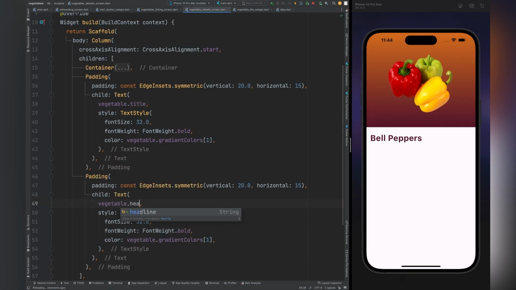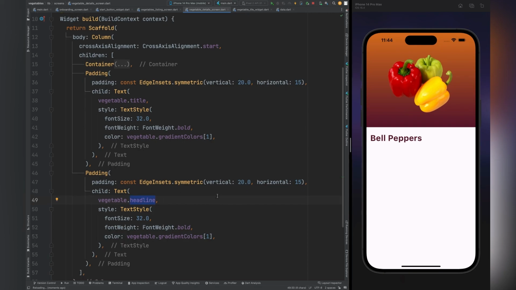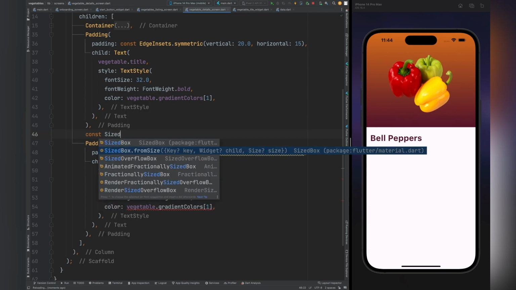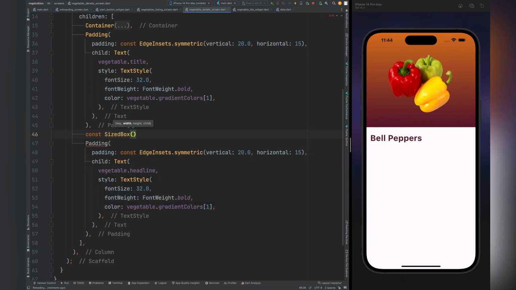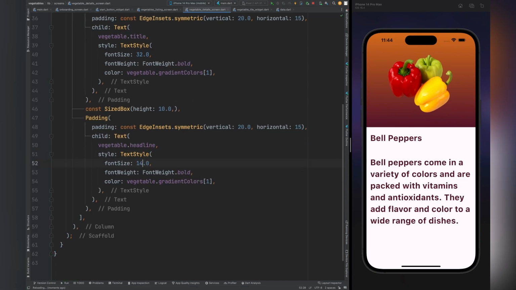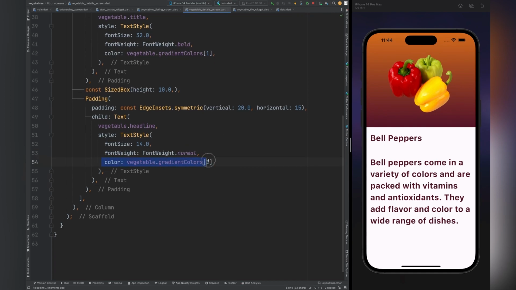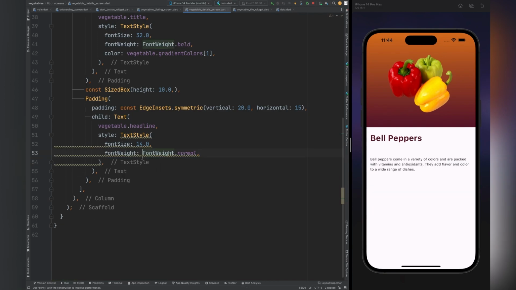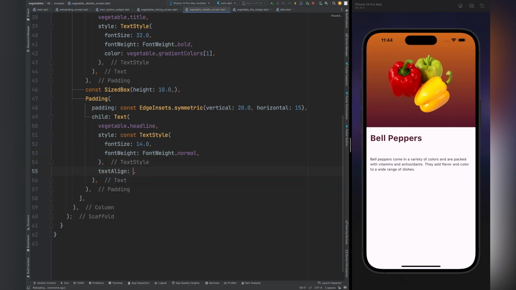So now we are going to define the headline here. For this purpose we have copied the same text above and placed it down below. Let's give some spacing at the top between the title and the headline. For this purpose we will use a SizedBox with a height of 10 pixels. Now if we reload our project, you can see that the headline font size is 32 also. Let's decrease the font size to 14 and set the weight equal to normal, and let's keep the font color, which is black by default. If we now reload our project, you can see that vegetable.headline is showing perfectly,